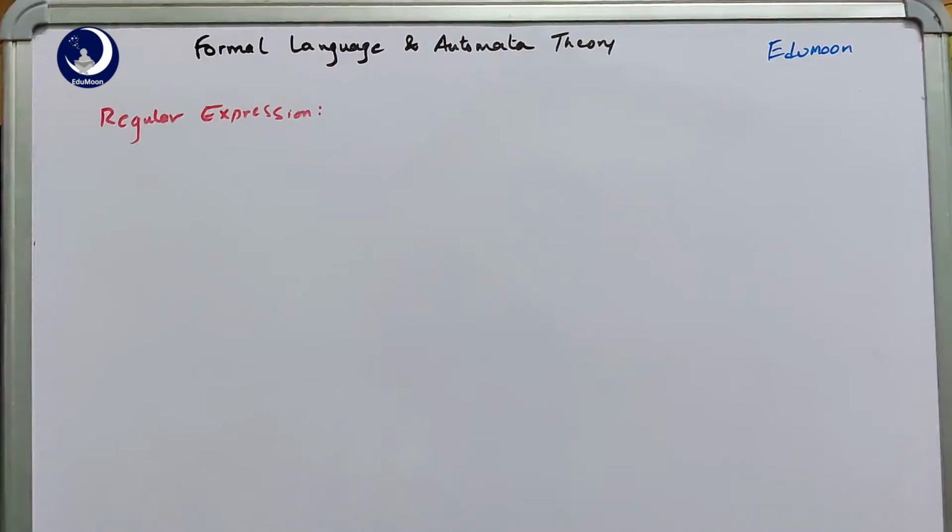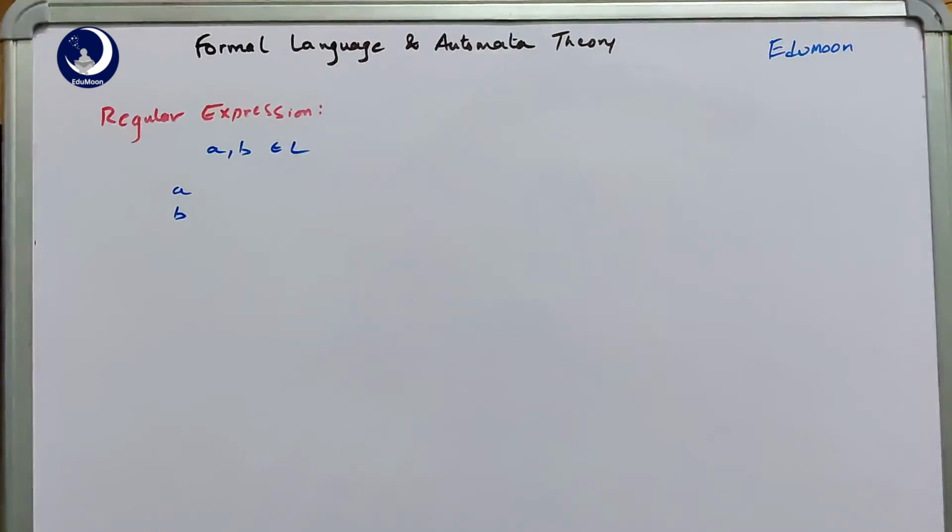Now if you take any symbols like a and b, or 0 or 1, that belong to a language L, assume that a and b are two symbols that belong to a language L. Individually, a and b are also regular expressions. The union of a and b, which we represent using the plus sign, a plus b, is also a regular expression, which generates the strings over that language, a or b. So the set will be written as a comma b. The other operation, concatenation, is denoted using a dot, so we write a dot b, which is also a regular expression.